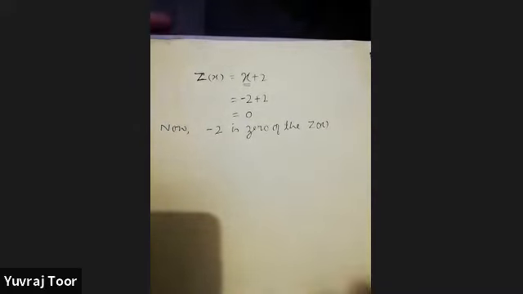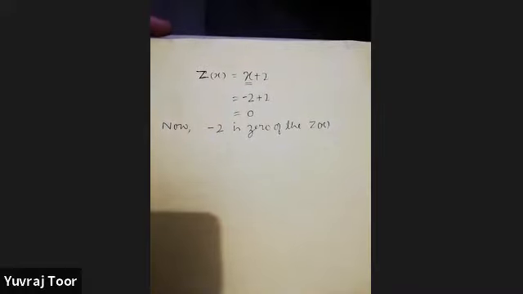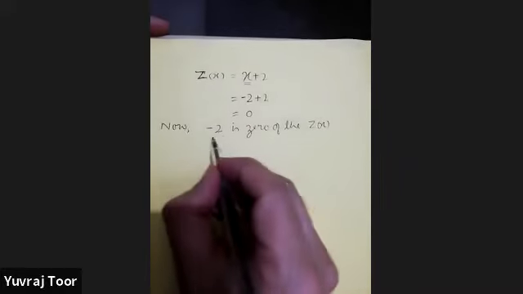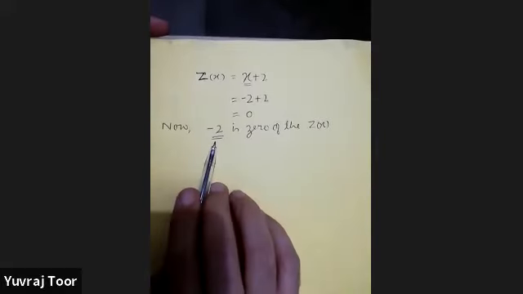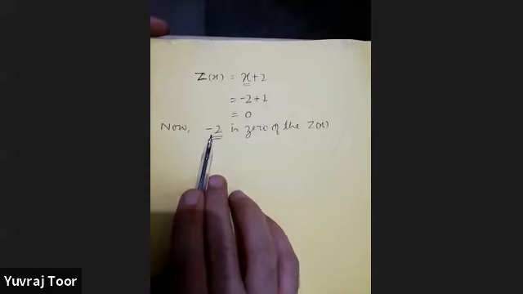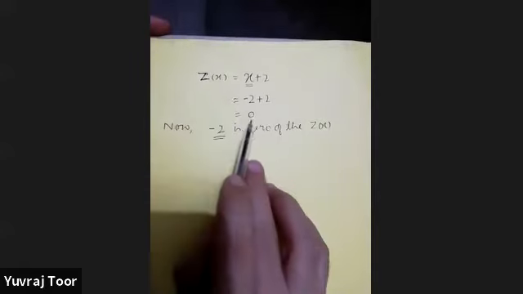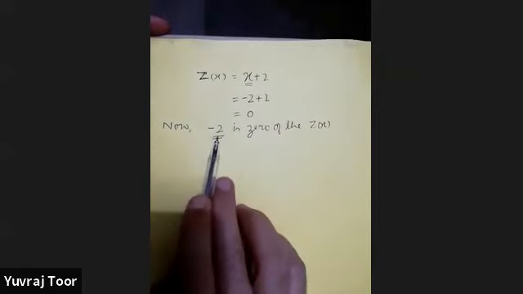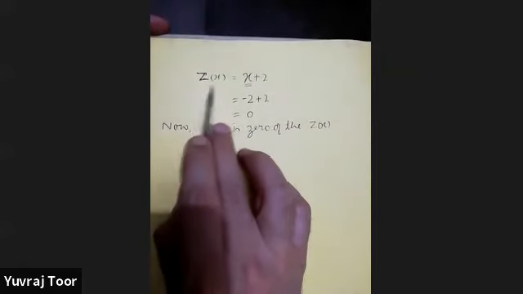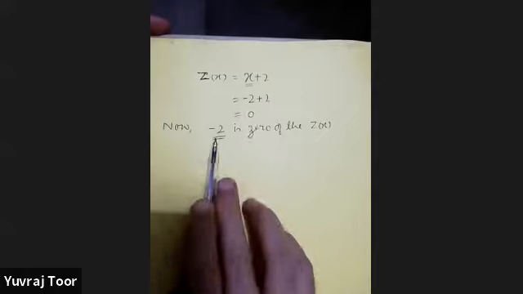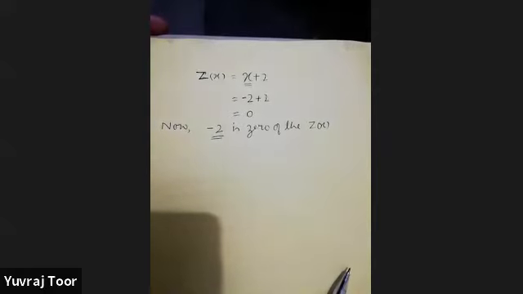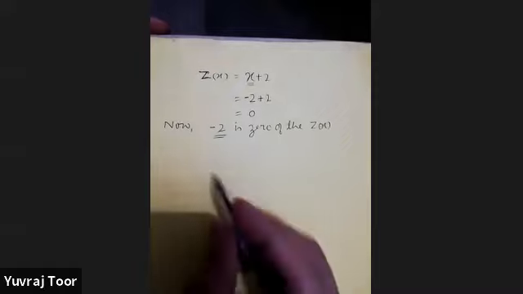So we are looking for the value or the values. It could be not only 1, but in this case, it's 1 only. This number, it's a real number, minus 2, which has brought the value of the polynomial to 0. The number which brings the value of the polynomial to 0 is the zero of the polynomial. Let's take another example.